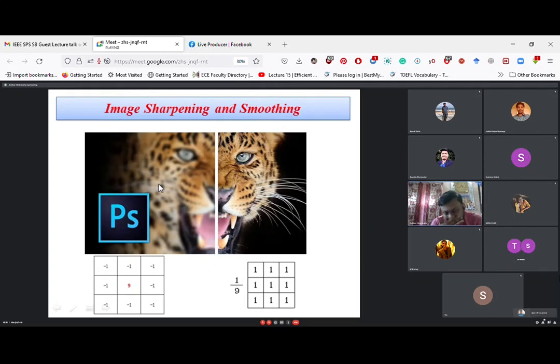These two kinds of things, sharpening and smoothing, are also utilized in several places, specifically in medical images and satellite images. Okay. So there are several applications. For the sharpening application, you can easily understand, suppose a brain MRI or lungs MRI.